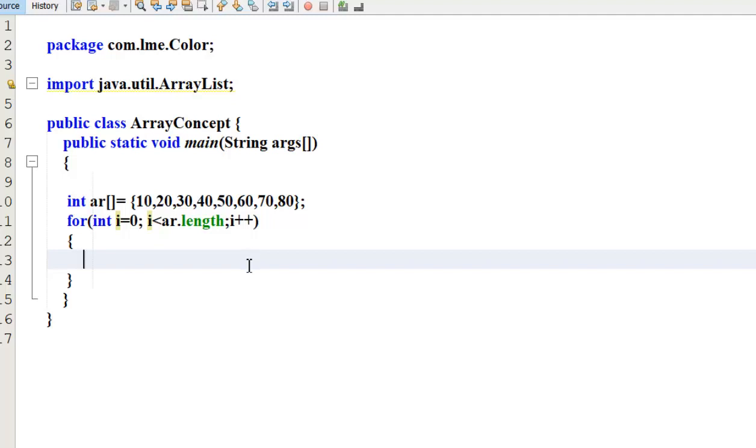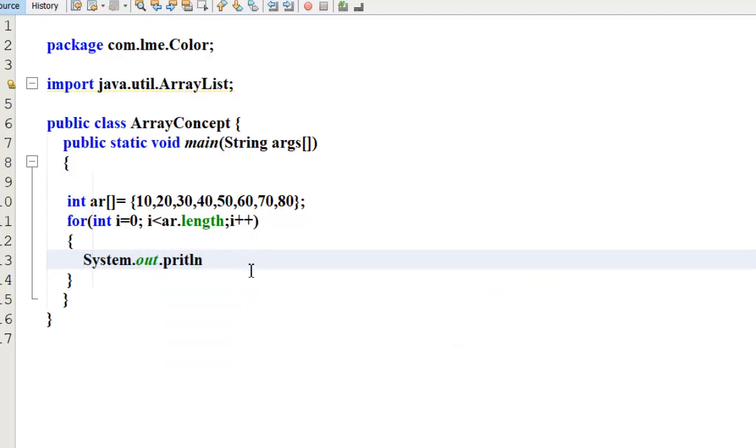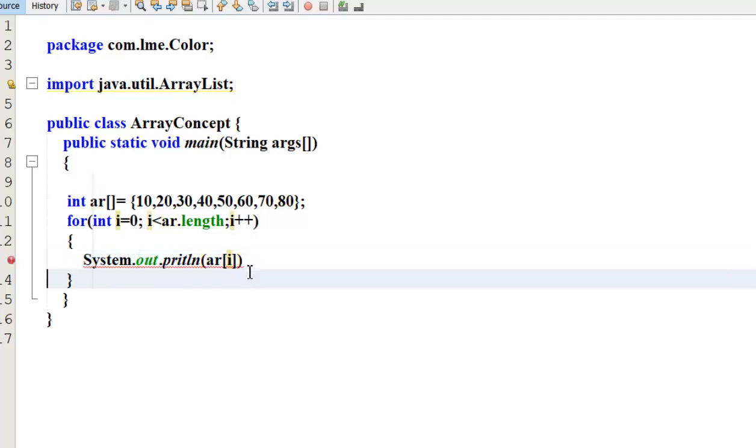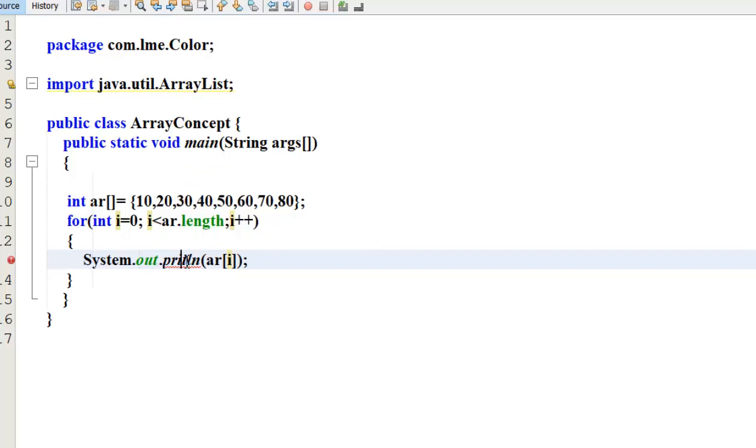Now I want to use a print statement. System dot out dot println array of i. Within square brackets we write array of i. ar is my variable name, the array name.